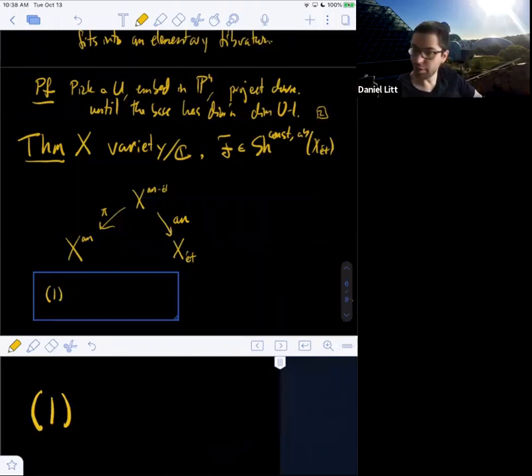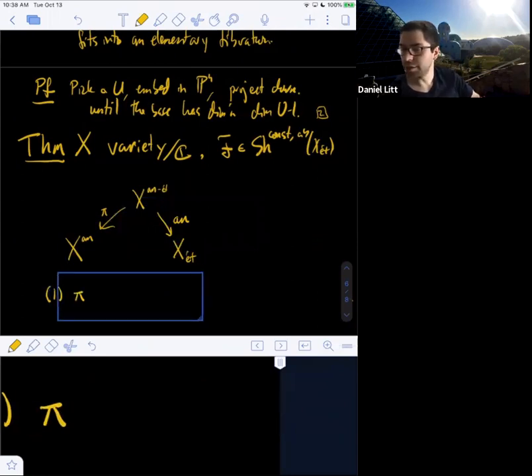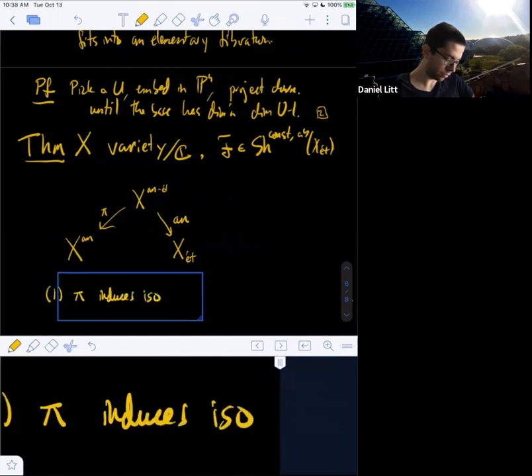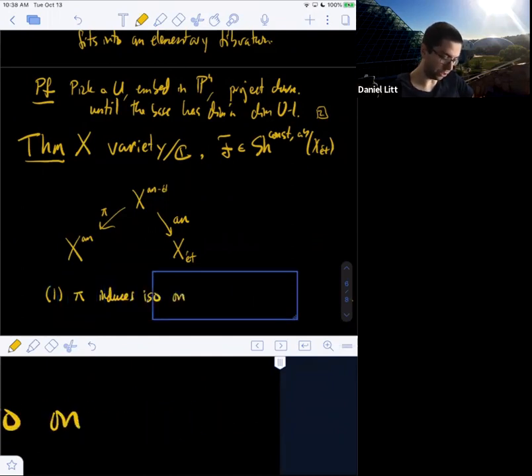So the claim is that, first of all, pi induces an isomorphism on the cohomology of all abelian sheaves.